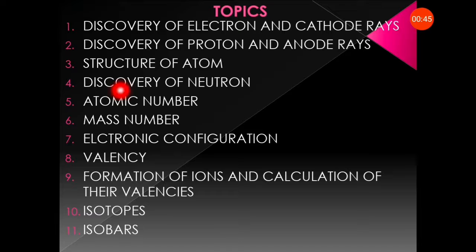Even we discussed the atomic number, mass number, electronic configurations. That is very important and very crucial for you. So electronic configuration is a complete profile of an element, and the electrons are arranged in different energy levels in their increasing energy, or the arrangement of electrons in the different cells.